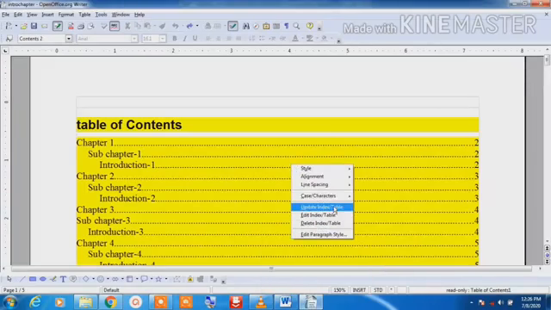You will see there are three options: Update Index Table, Edit Index Table, and Delete Index Table. You can update by clicking the Update Index Table option. You can delete the table of contents by clicking Delete Index Table, and the process of Edit Index Table is the same as you did earlier.